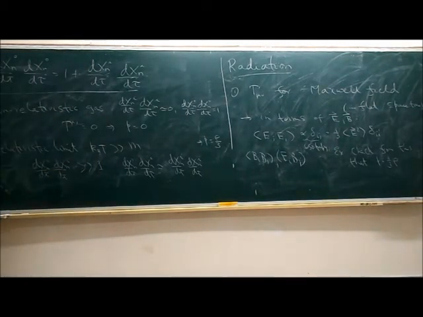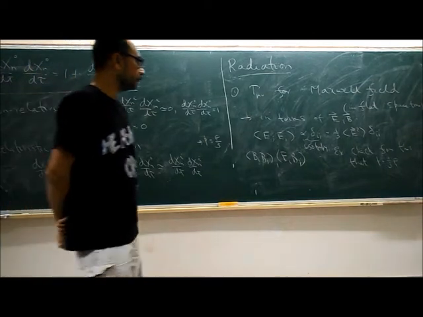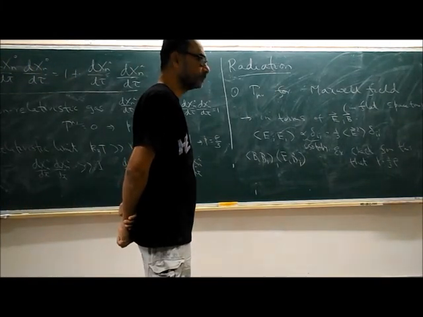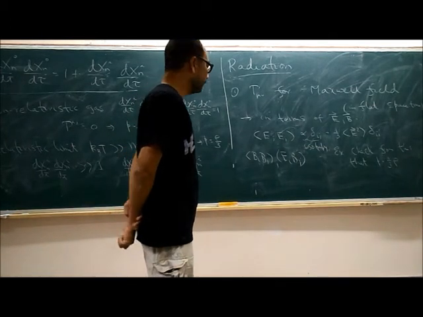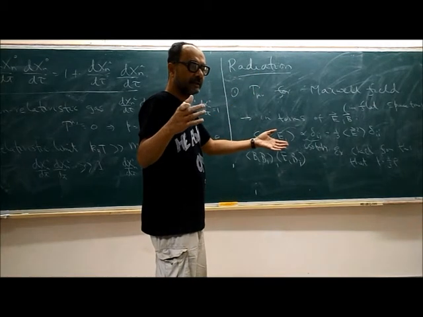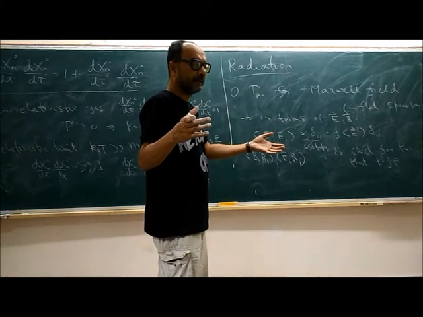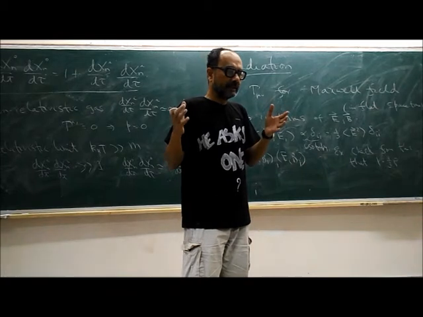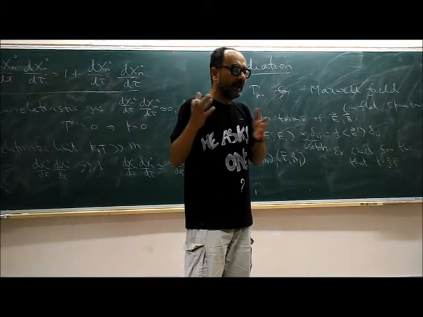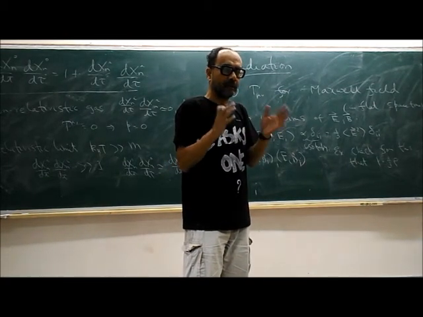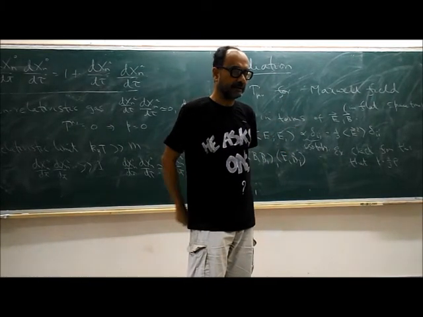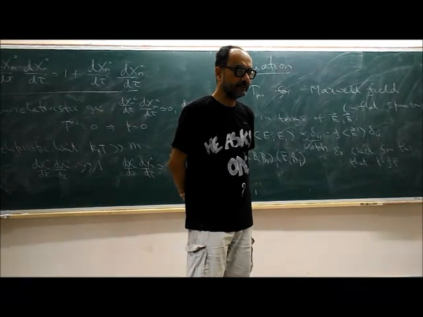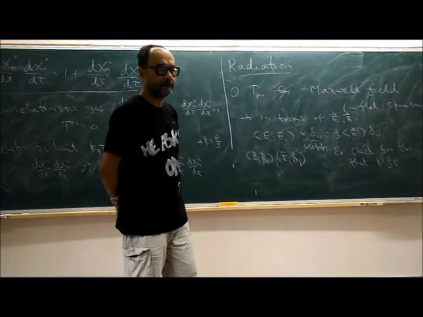Sir, the mod average of E squared gives me rho, because E squared is the energy density. Yes. What about pressure in terms of E's and B's? Well, you have the full expression for T mu nu. By looking at the Maxwell Lagrangian, you wrote down the full expression for T mu nu in covariant form. You can always rewrite it in terms of E_i and B_j, and that's what you have to use.